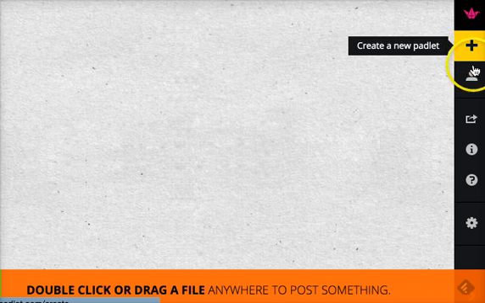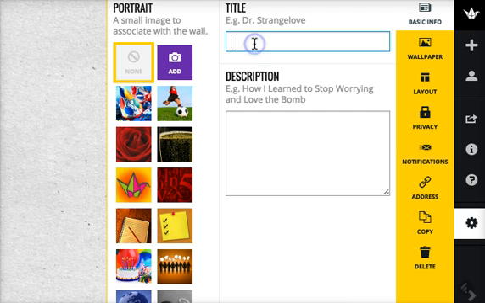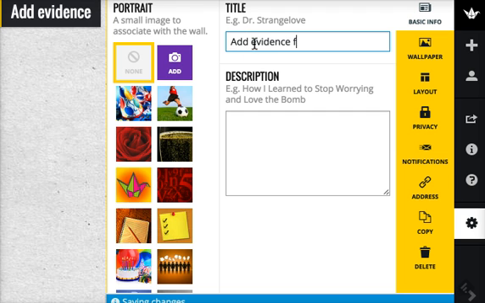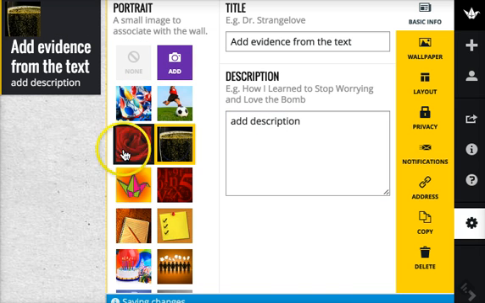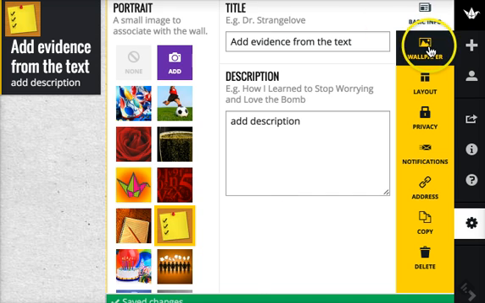Up here is your home page. Create a new Padlet, how you share it, information, getting help, and modifying. So I'm going to click on Modify. This is where I would add my title, and then I'd add my description. You can add a little picture on there as well. And then you have a couple other options.